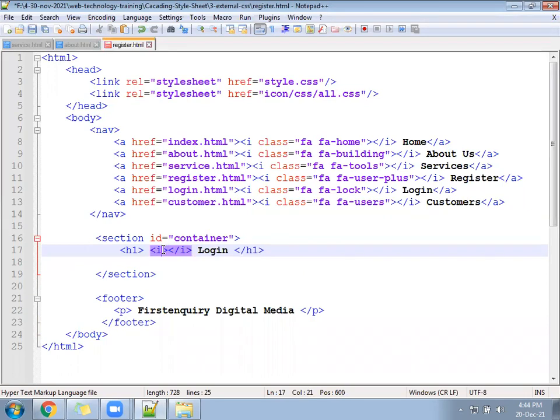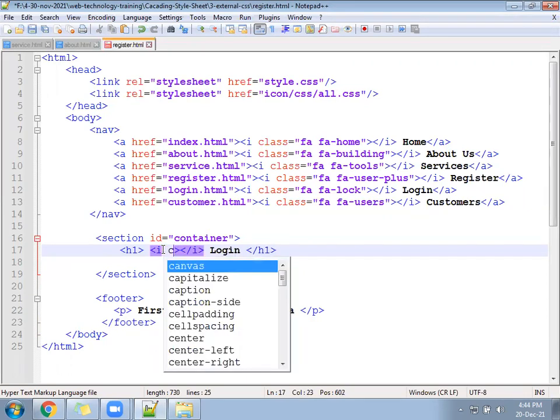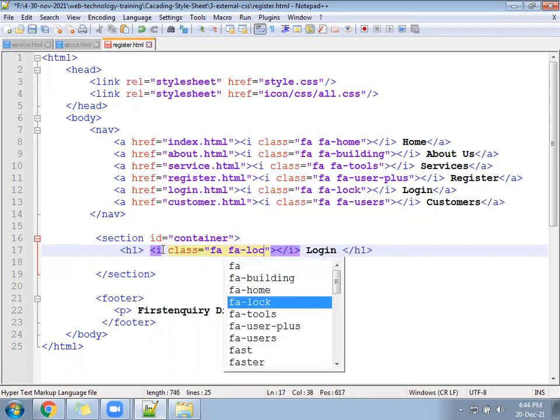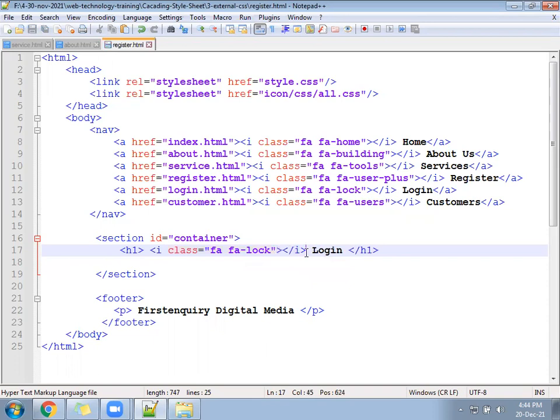Inside the i, you will write class equal to fa hyphen lock. fa lock, it will give a very good lock symbol.